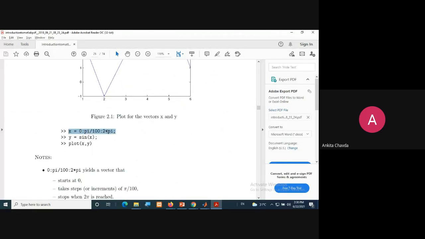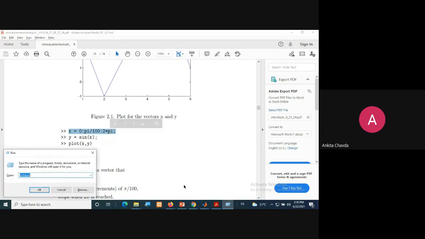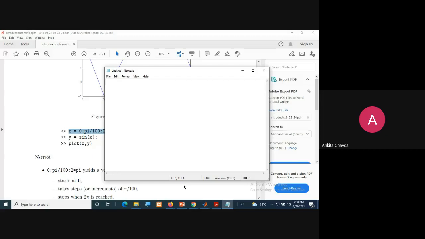See, this is nothing but a kind of for loop, you can say. Generally, how do you write a for loop? For i equals 0, i is less than, suppose, 2 pi, and you want to increment it with plus plus. In the same manner you assign this value to an array variable, because in MATLAB every variable is treated as an array.